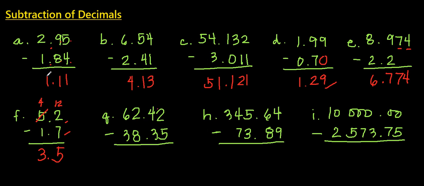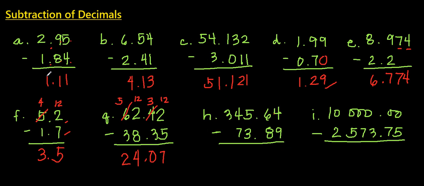This one, so 2 minus 5 cannot be, so let's just borrow 1. So this will be 3, then 12. 12 minus 5 is 7. 3 minus 3 is 0. Copy the decimal point. 2 minus 8 cannot be, so let's borrow 1. So this will be 5 and 12. 12 minus 8 is 4. 5 minus 3 is 2. So the final answer is 24.07.